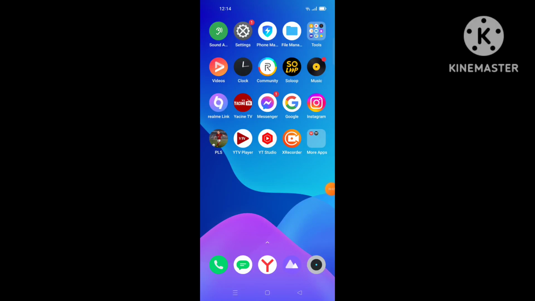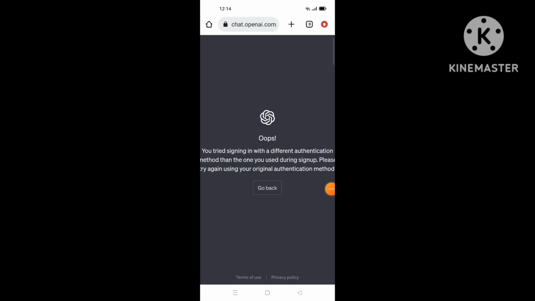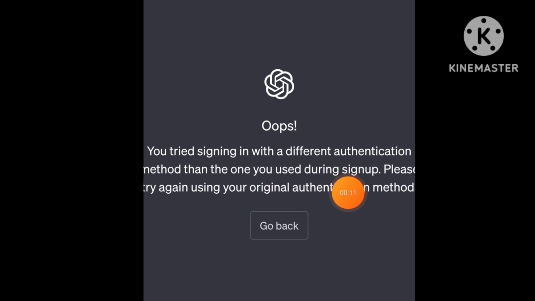Hi everyone, in this video I will show you how to fix the login problem in your ChatGPT. As you see here, when you log in to your ChatGPT account, it sends you this message: Oops, you tried signing in with a different authentication method than the one you used during sign up. Please try again using your original authentication method. Now, this problem you face, I will show you how to fix or solve